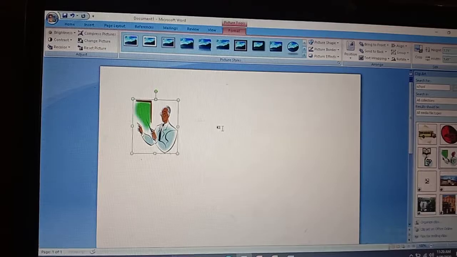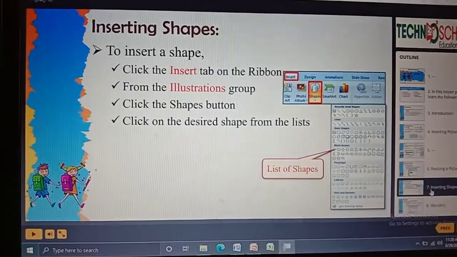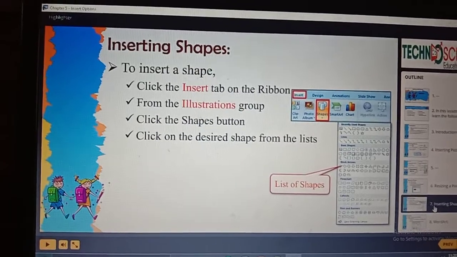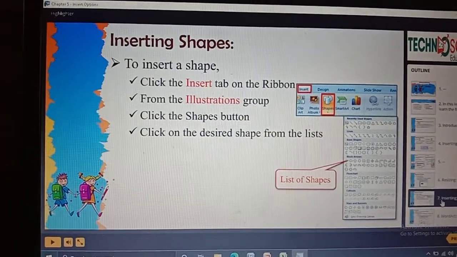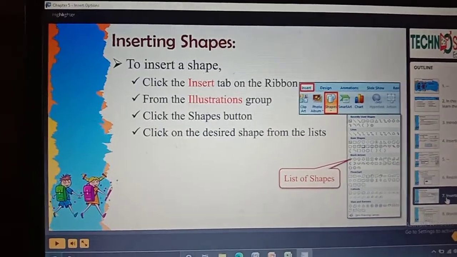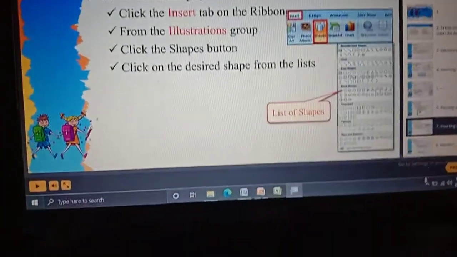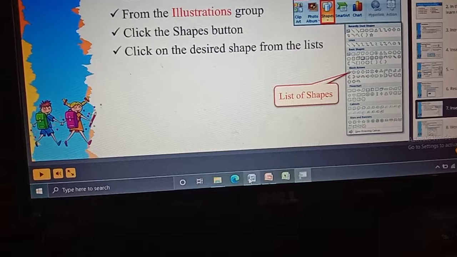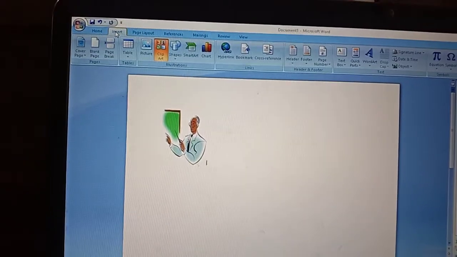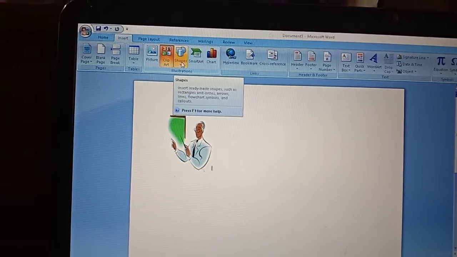Next concept, inserting shapes. For inserting a shape, we need to click the Insert tab on the ribbon, from the Illustrations group, click the Shapes button, and click on the desired shape from the list. See here, that also I am going to show you. To insert a shape, click Insert. There will be the Shapes button.